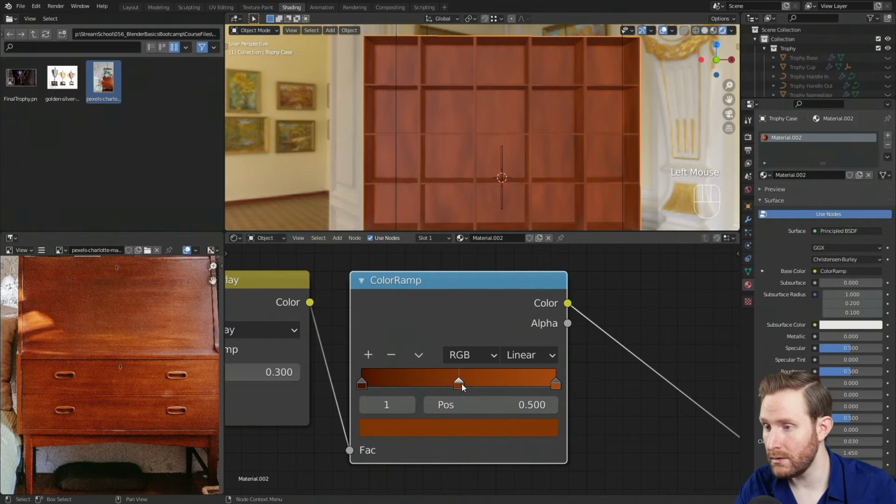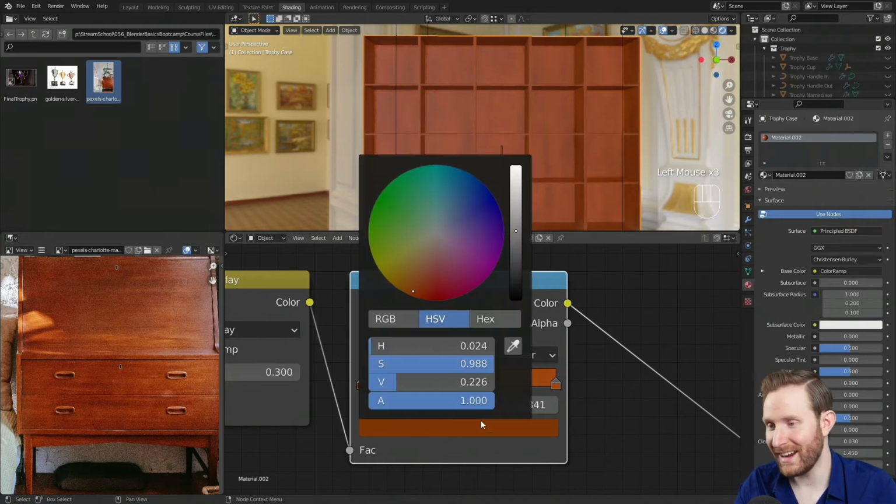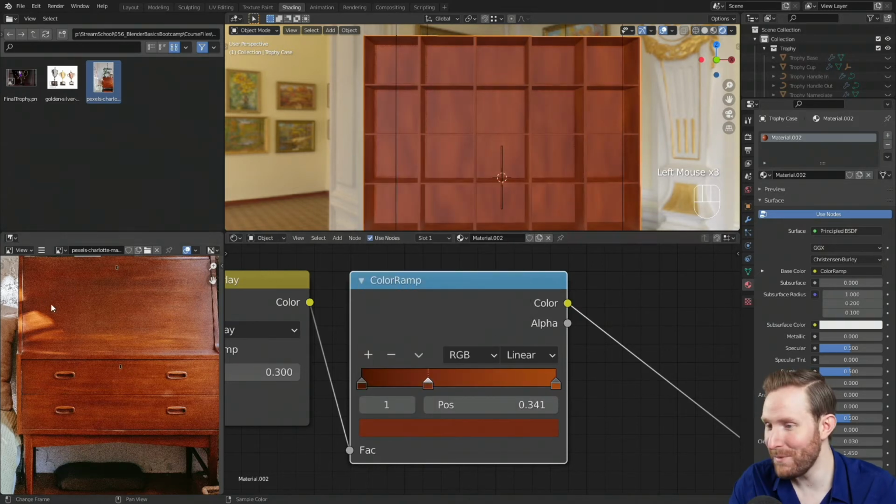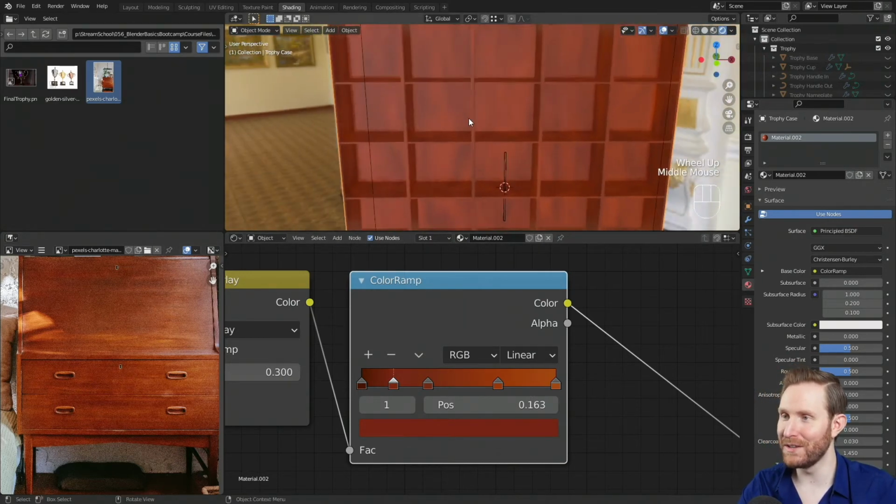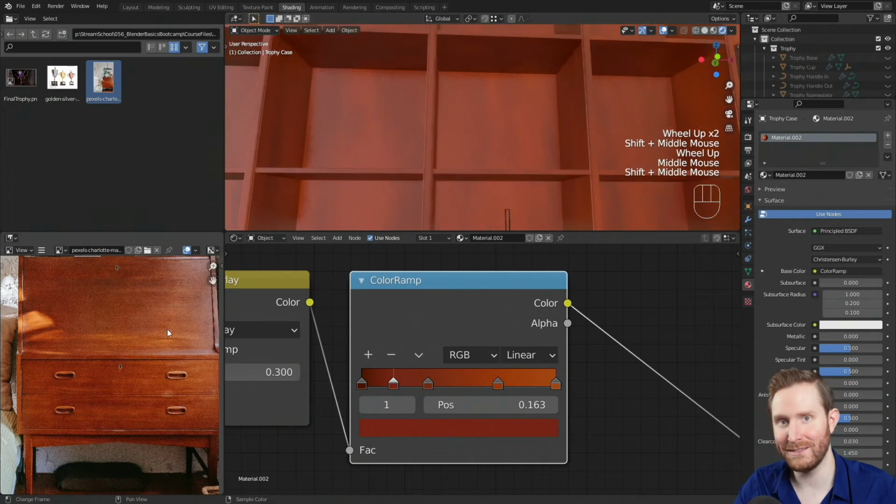I'm gonna hit the plus button, slide this over here. I can hit the eyedropper and just start picking all sorts of different colors until we have a whole bunch of variety in here. And I personally decided that I want to make more of a dark cherry wood kind of feel. And I couldn't find really good cherry wood cabinets on the royalty-free stock photo website that I could use commercially